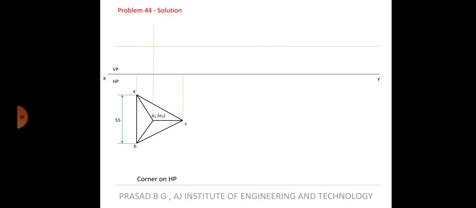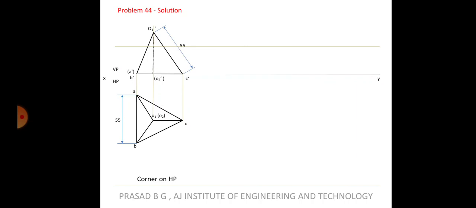As you can see, O1 has been projected upwards, but now we need to take this distance, because O1C is over here. So we take 55 mm from here, keep the compass at this point and cut it on the axis. So this line has to be 55. I have already explained this, so there is no point repeating it. This line is parallel, so this should be 55, not this side. So 55 should be taken from C, and you get the axis, and then you join the points.